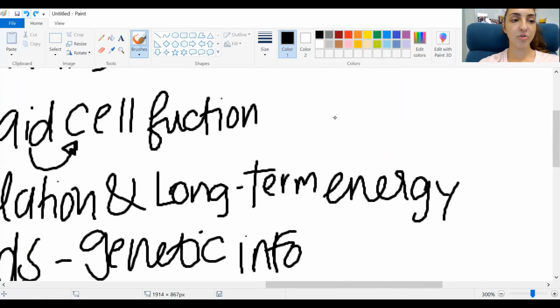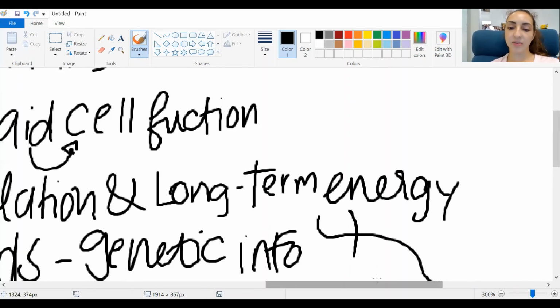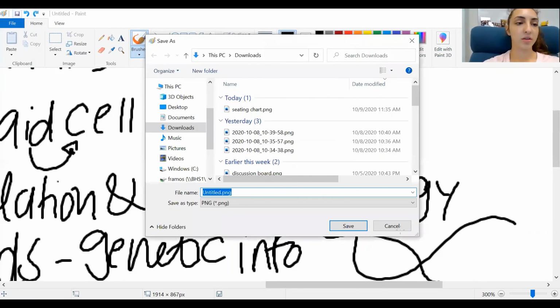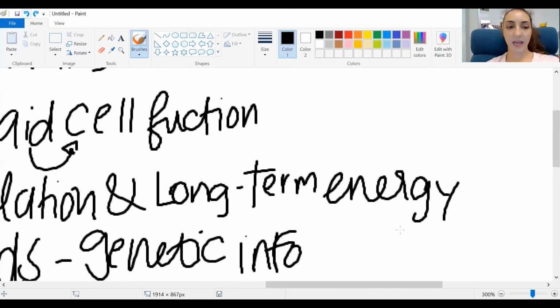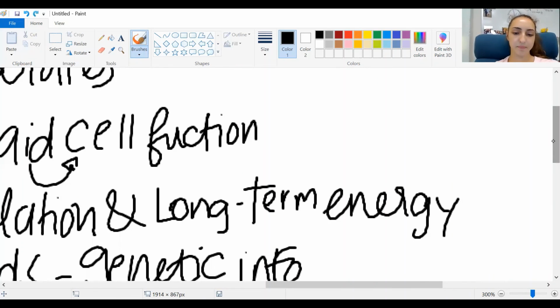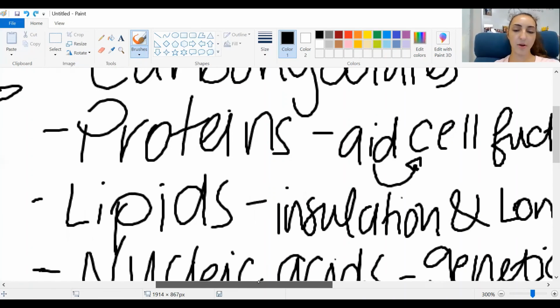When it comes to DNA with genetic material, we have proteins cutting and splitting, unzipping DNA strands, and replicating. All right, what else we got? Okay, so